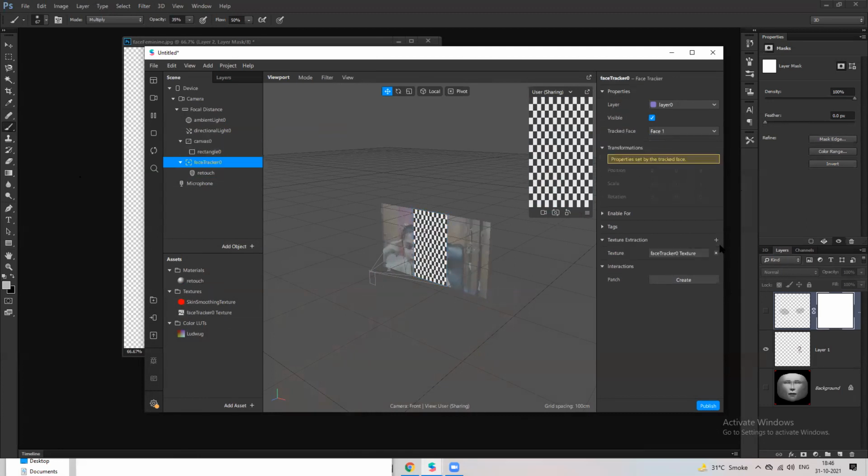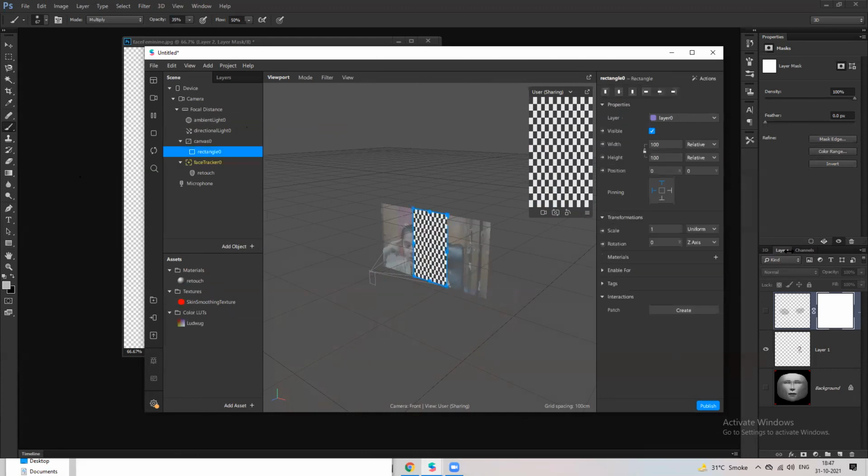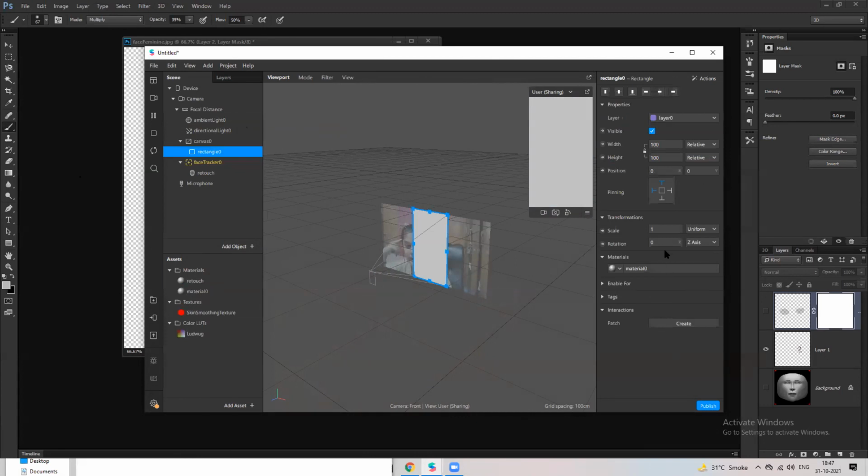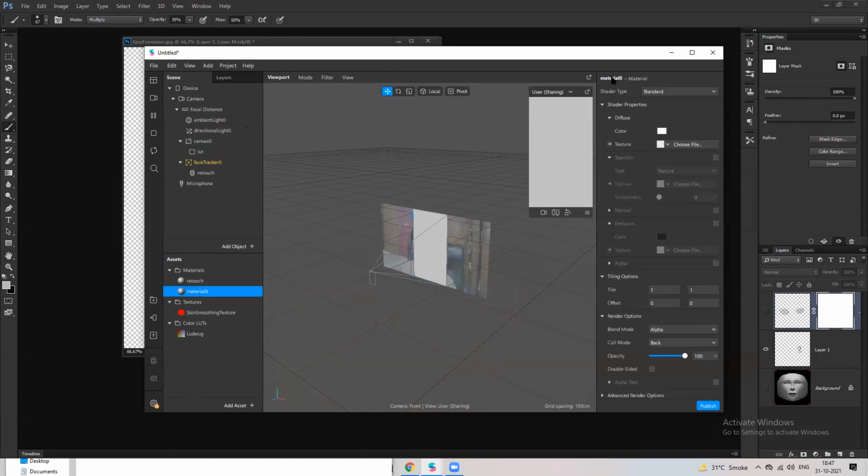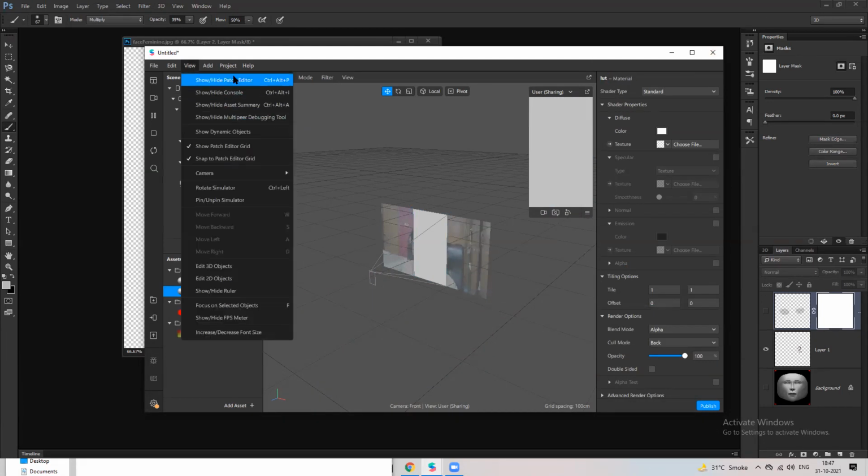We are going to add a material to the rectangle. This is our LUT. Okay, so now we are going to the patch editor.